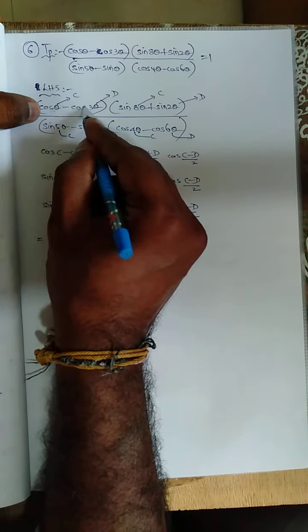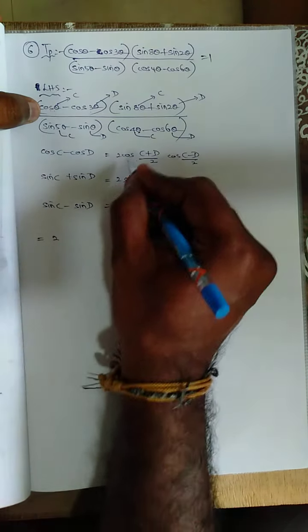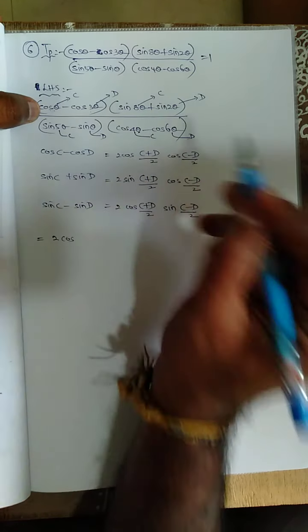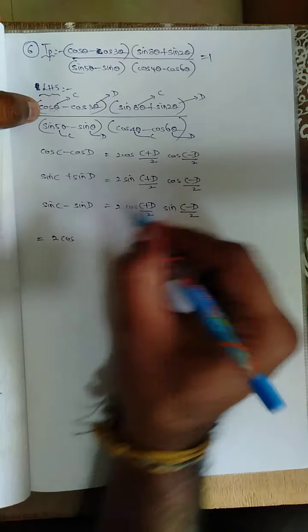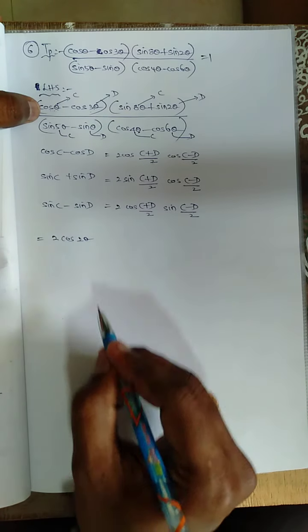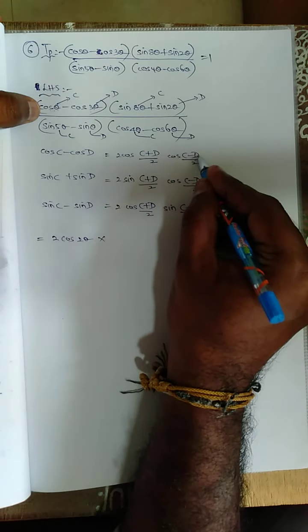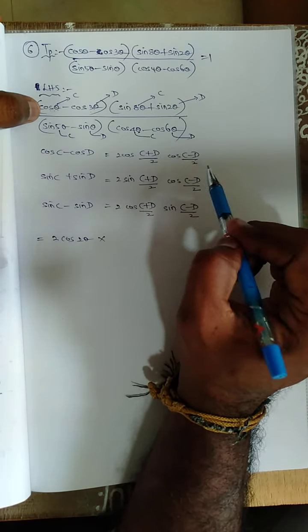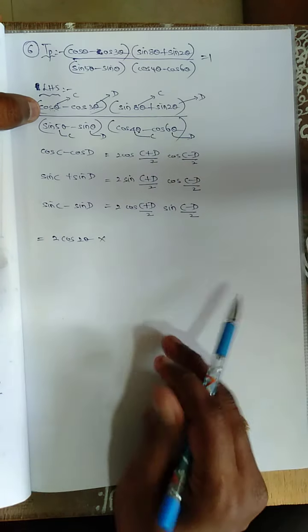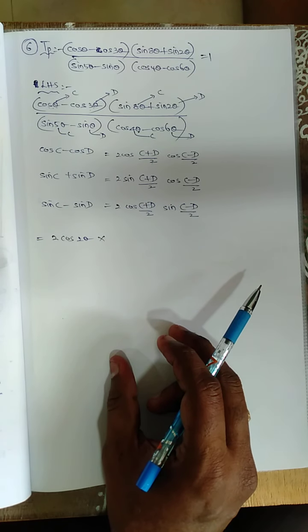Apply cos C minus cos D: 2 cos (C plus D), theta plus 3 theta, 4 theta, 4 theta by 2 is nothing but 2 theta, into cos (C minus D). Listen to this one very carefully. C minus D. Cos C minus cos D is, sorry,